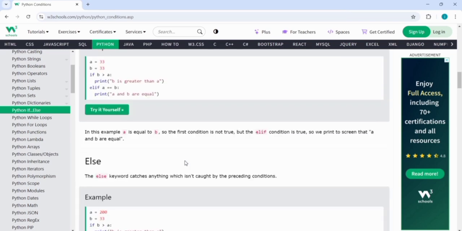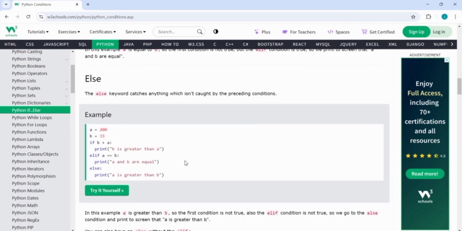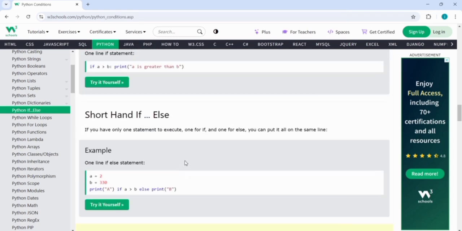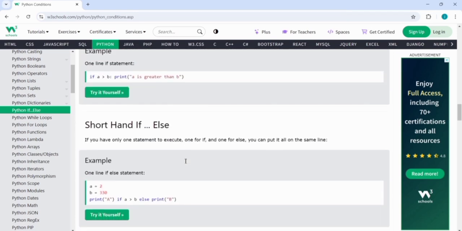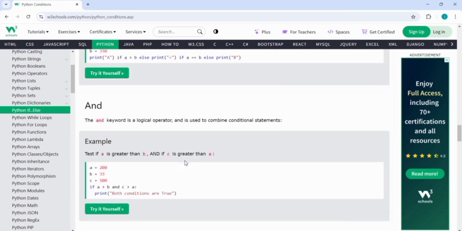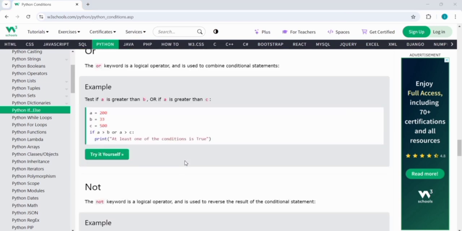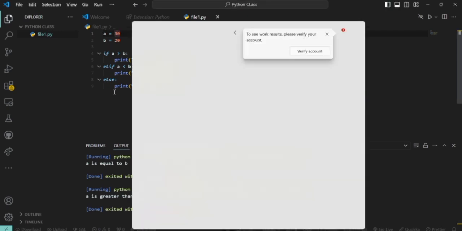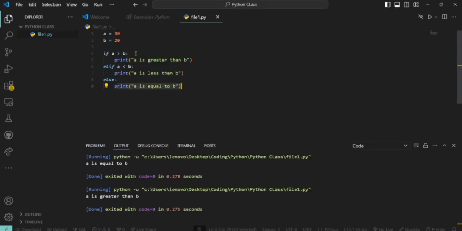So in this way you can use if, elif, else. There is also a shorthand. Let us discuss that. For example, you can also write this code in one line. How? It will be like,